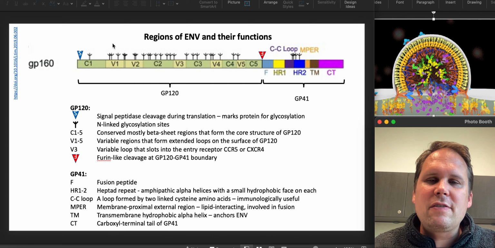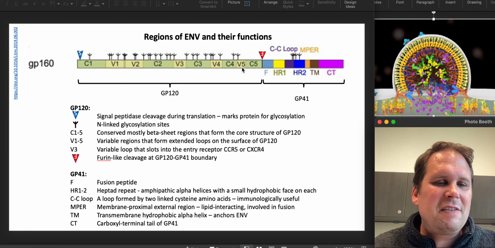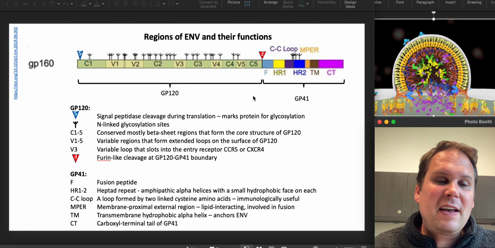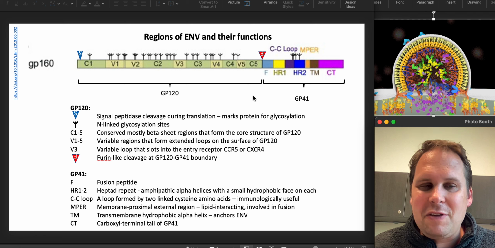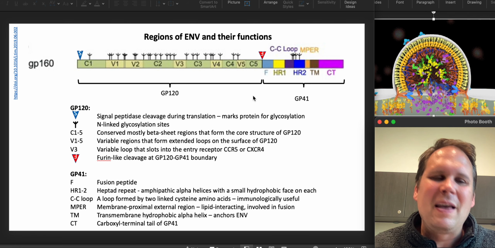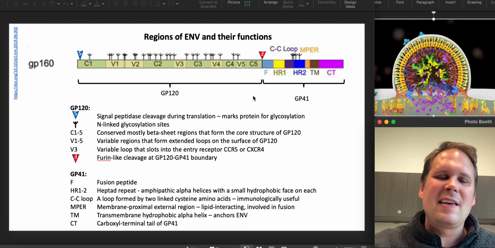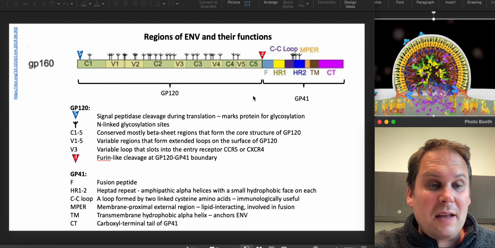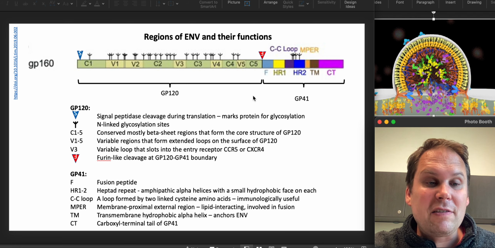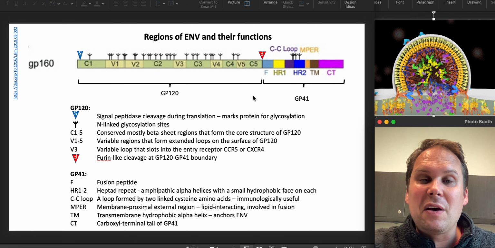And generally changes to V1, V2, V4, and V5 do not have much effect on the virus, but really confuse antibodies that would be binding them. They don't confuse the antibodies. It's just the antibodies don't work after you mutate these regions. But the virus does not pay a very big fitness cost for making changes in those variable regions, which is why that's where the variation goes.